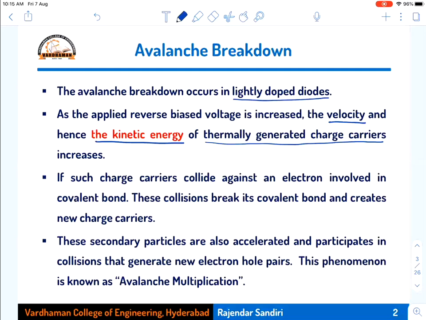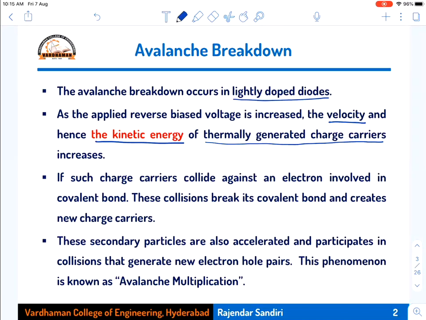If one electron collides with another covalent bond and breaks it, that electron comes out and joins with this electron, then it becomes two electrons. These two electrons will again collide with another covalent bond and create two more new electrons. Then it becomes four, and these four collide with other covalent bonds. Then four becomes eight, and this complete process is